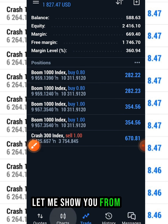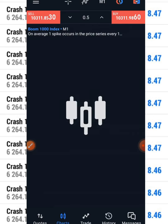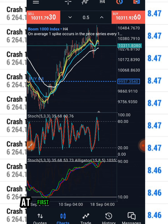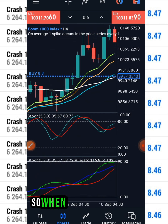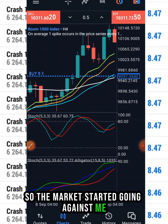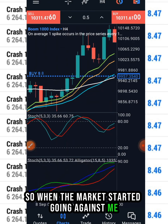Let me show you from this chart. When I placed this in Boom 1000, at first it was not easy for me because I nearly lost everything here. So when I placed this thing, the market went against me, which was not part of what I bargained for. So when the market started going against me, right here,